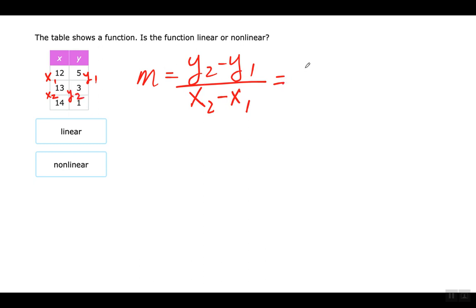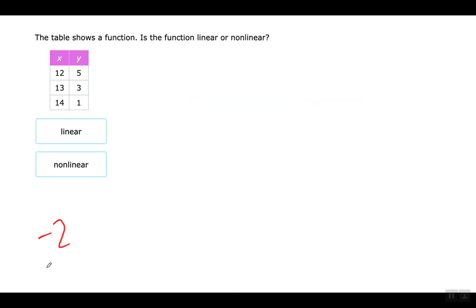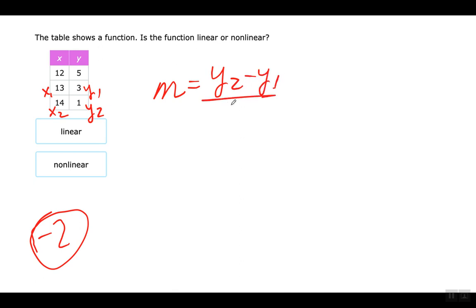All right, so when I substitute here, I'm going to have 3 minus 5 on the top and 13 minus 12 on the bottom. That's going to give me negative 2 over 1, which equals negative 2. And when I do the bottom two, so that gave me negative 2. Let me write it down there so I don't forget. So now when I do the bottom two, x1, y1, x2, y2. I mean, you should be able to do that mental math just by looking at it. But just to write it out,